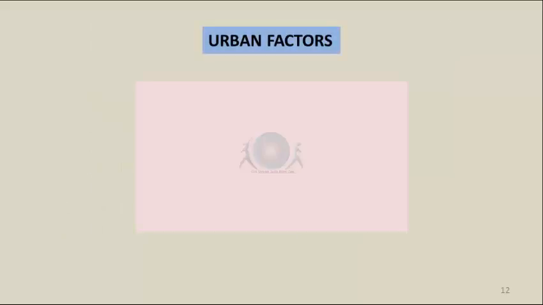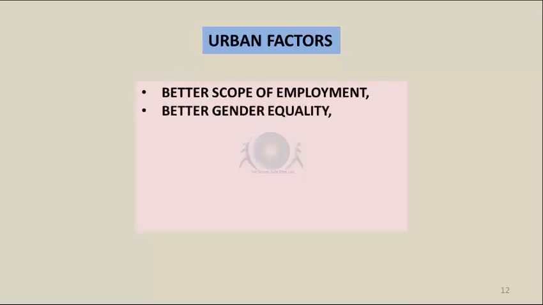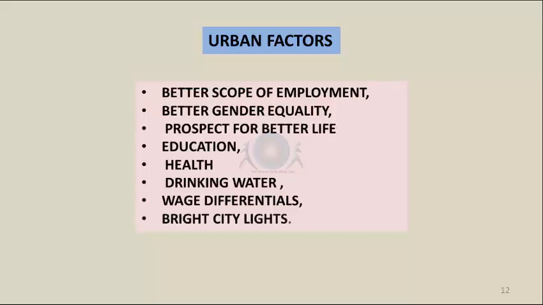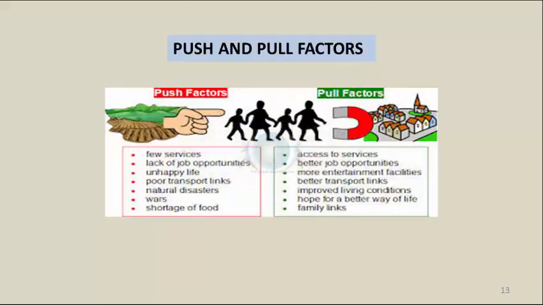areas. All these factors are found in rural areas on one hand, but on the other hand, cities offer better scope of employment, better gender equality, prospect for a better life, education, health, drinking water, wage differentials, and finally, bright city lights. Now, it is clear that in India, rural to urban migration is caused due to push and pull